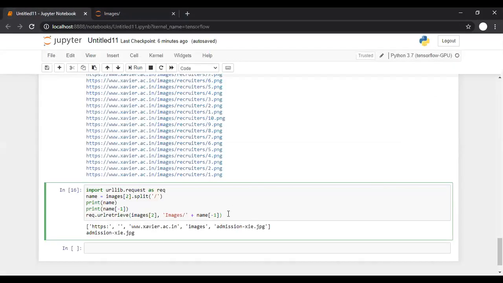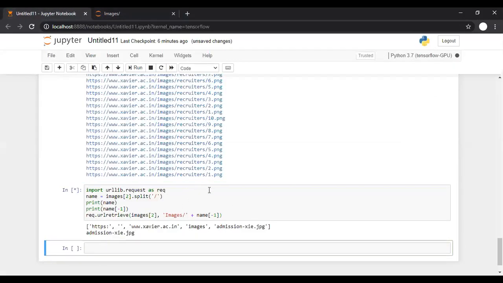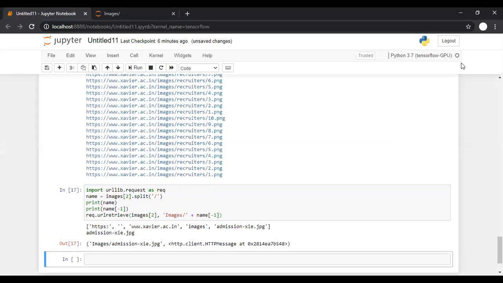So I'll run this code now. The code is getting executed right now. Yes, the code is completed because now this circle is not solid, and it says that in the images folder, the image jpg file is saved.